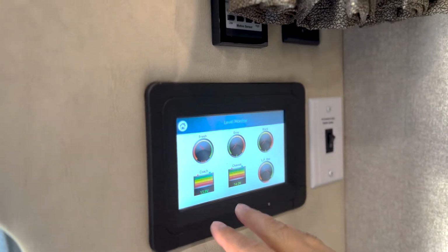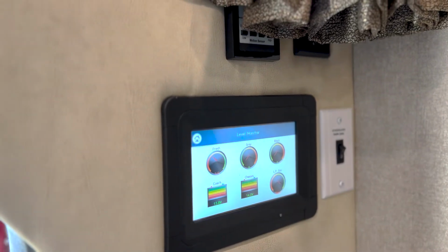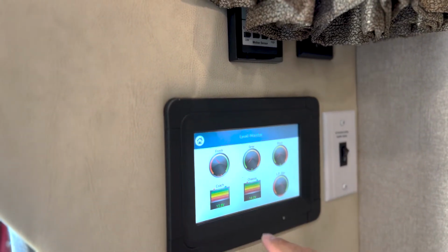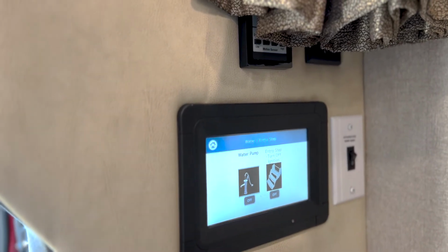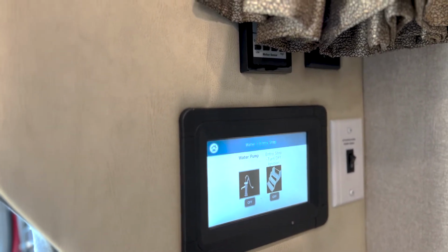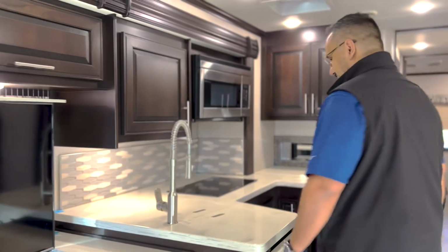As you can see, the batteries in this are really healthy. Your coach batteries are 13.8, chassis 14. Just doesn't get any better than that, ladies and gentlemen. But anyway, just a nice area where you come in here and control a lot of the functions inside the coach. All right, so coming on down here through the galley, we got a really nice